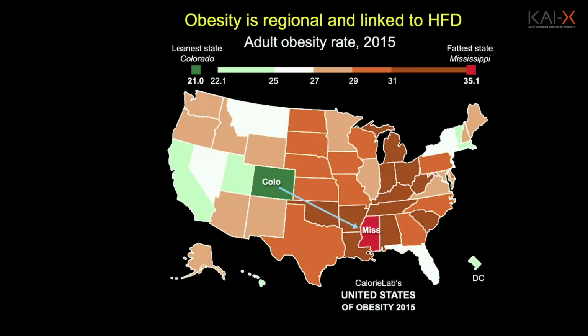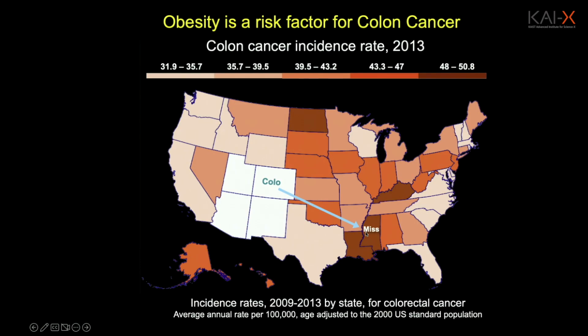Well, one simple way is a geopolitical view of a risk. And in the U.S., we can see that Colorado is the lightest state in terms of the average weight of people there versus Mississippi, which is the heaviest state. And the heaviest state, as the fattest state, also has the highest obesity population as well. And the same map looking at colon cancer leads to the same two states being Colorado the lowest risk if you live there, and Mississippi the highest. So there is a geopolitical aspect to